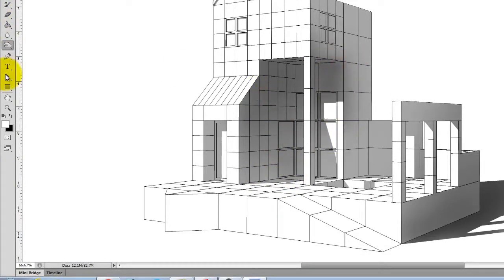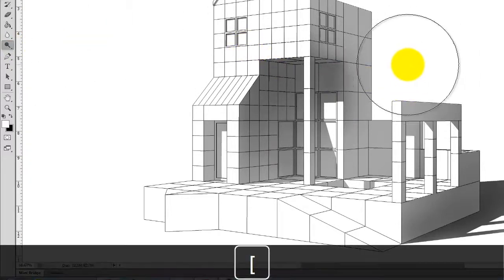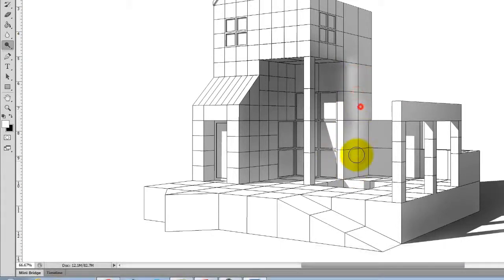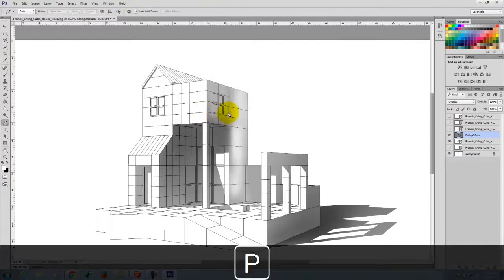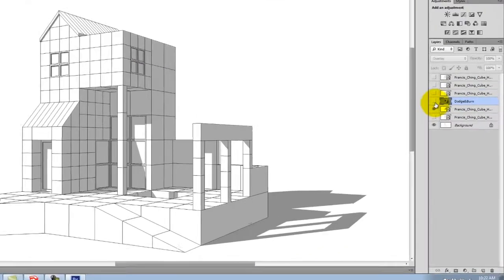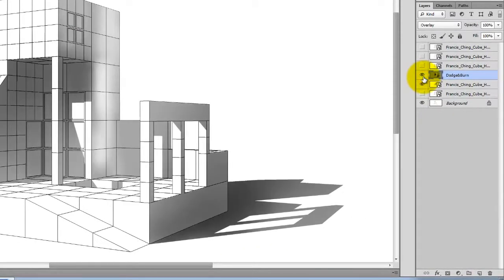If I went too far, remember I can go back to the Dodge tool, which lightens. Right, and I could lighten some highlights if I wanted to. Say that's not enough. I could lighten that up a little bit, depending. Right, and so I can spend more time working on it. But the point is, I've changed from the flat shadows to something that has a little bit more punch to